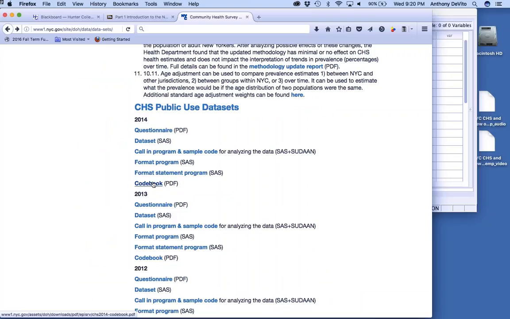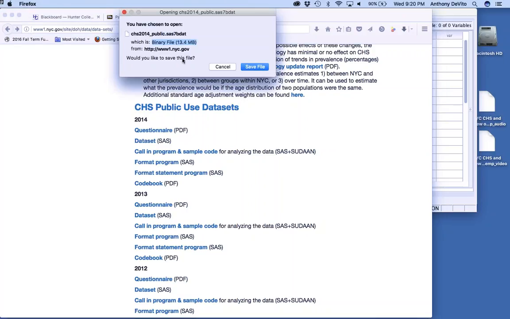The code book is a summary of how the data is coded or input into the computer. Okay, so I'm going to first download the data set. If I click on that, it will save this binary file, Community Health Survey 2014 public.sas7bdat. This is actually an SAS file, a different program that we use. However, this data can be imported into SPSS,